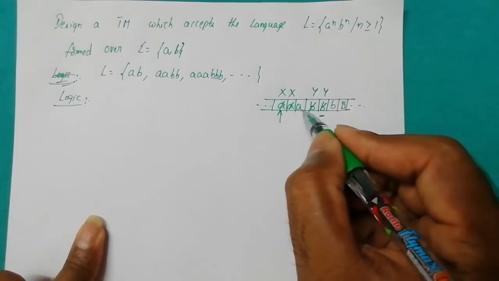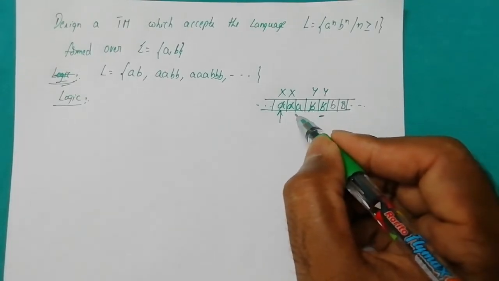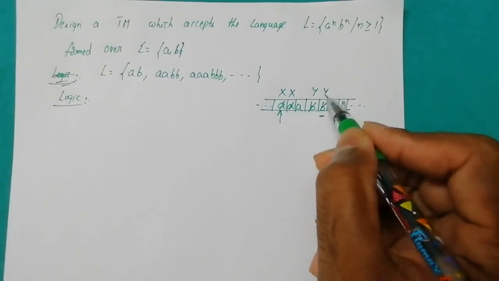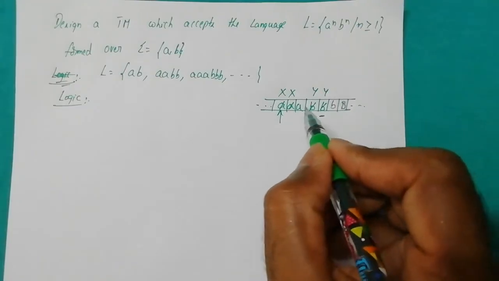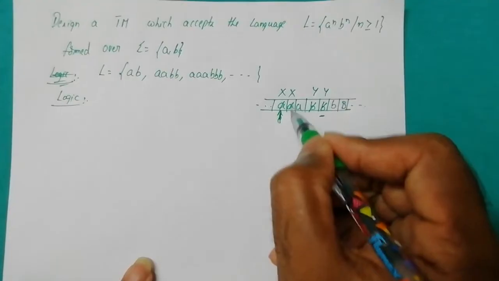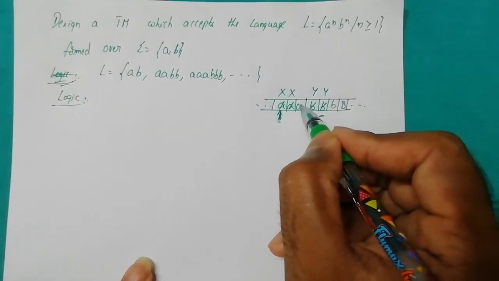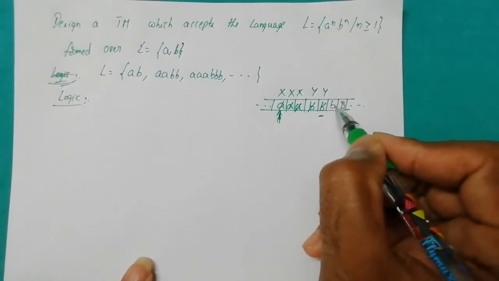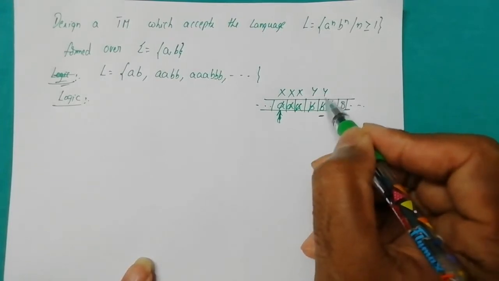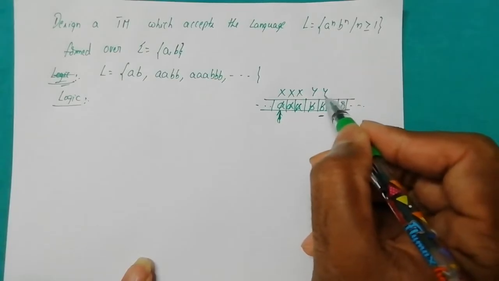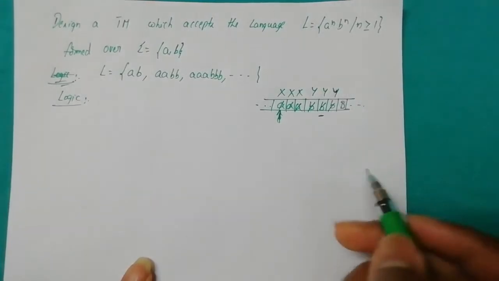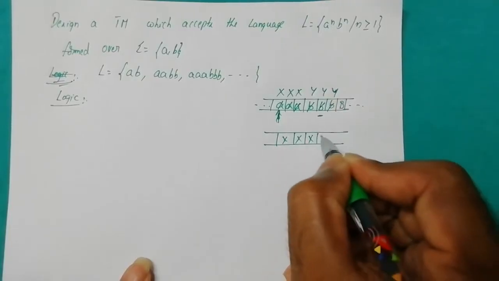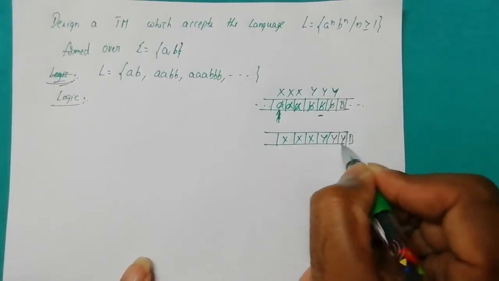We already know that we are matching the correspondence, that is the first A is converted to X and we check for the first B, we convert that into Y. Again the second A is converted to X and we check for the second B, that is converted to Y. Again we keep on moving to the left until we reach some X, and the next symbol is A, that is the third A. We convert that third A into X and we keep on moving to the right to find the third B, which is next to the last Y. This is converted to Y. And finally the input tape looks like X, X, X, Y, Y, Y, and finally blank symbols.